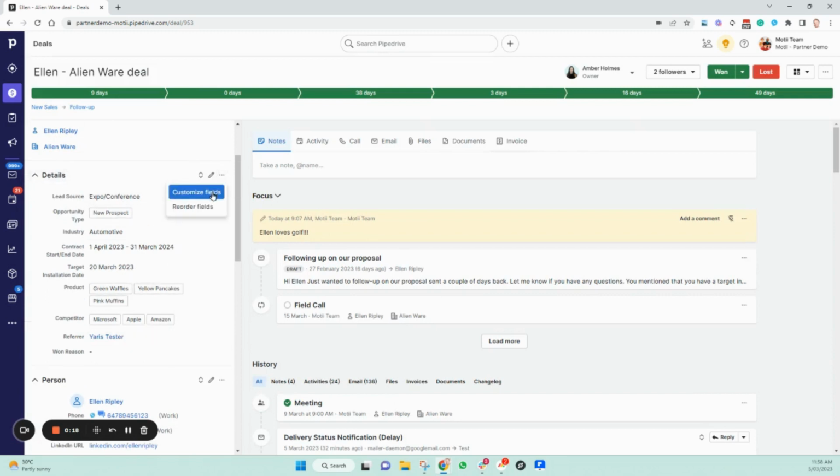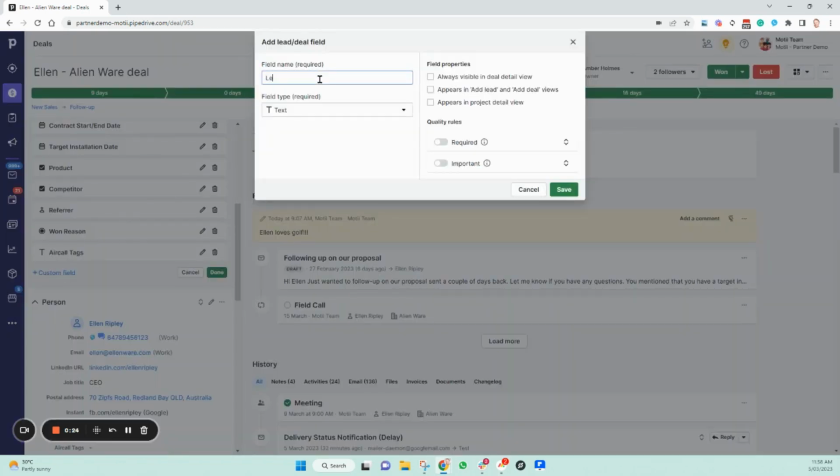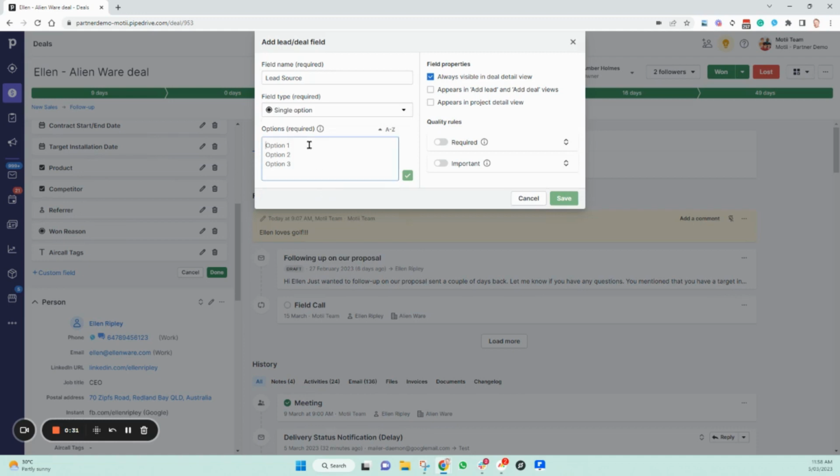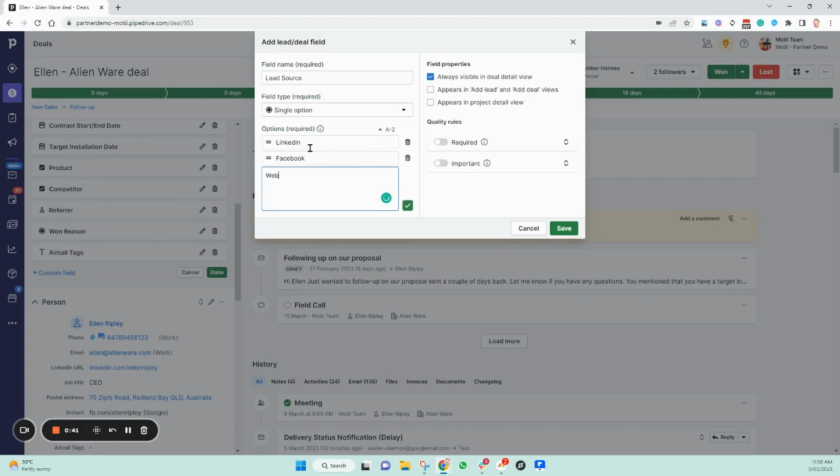So if I click here and I click on customize fields, I can create a new custom field here. So in this case, I'm going to make it a lead source field. Now lead source fields are usually single option fields. They can be multi-option, but in my experience, single option is preferred. And so we can create a couple of options in here. So for example, these ones